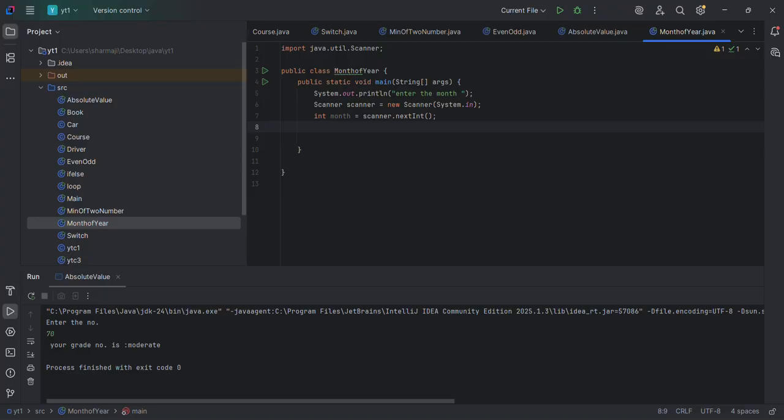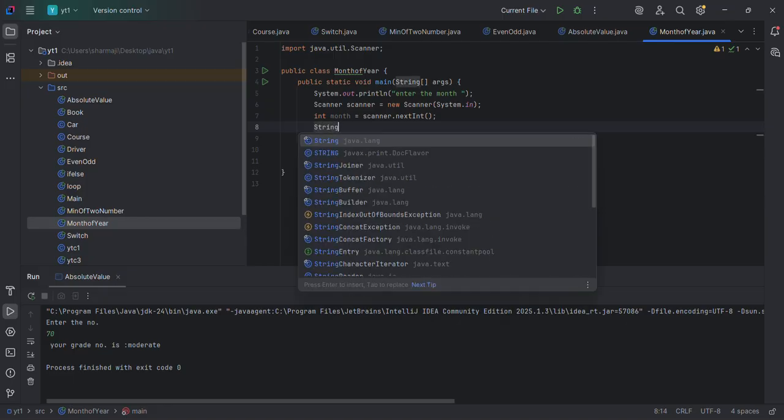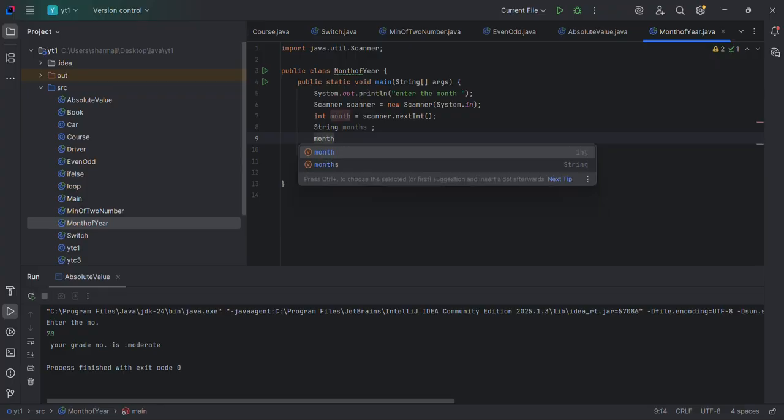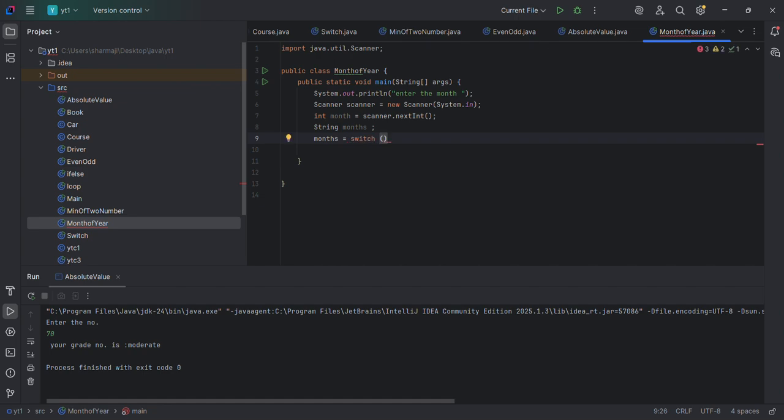And now we create a switch, String once equal to switch (month), and in this we have to write